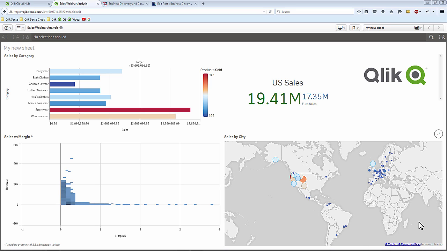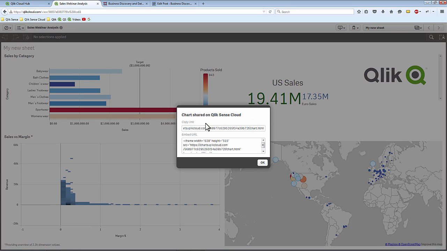So to give you an example, this is that particular app we created. If you right-click on a chart object, you have a share option from the menu that pops up. Upon selecting that, you have a dialog that shows the actual URL to that chart object or an iframe with some embed code. So let me just take that embed code and let me go over to my blog.